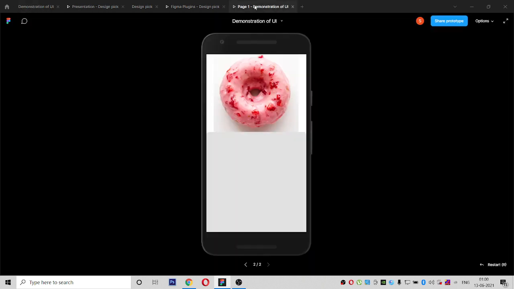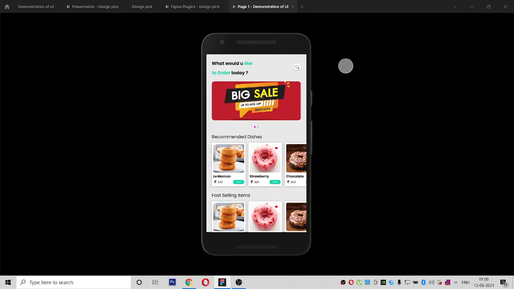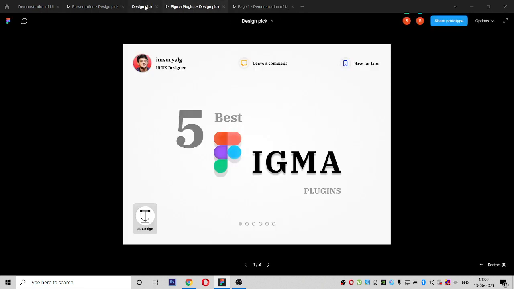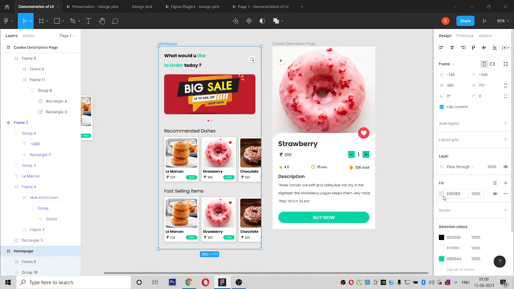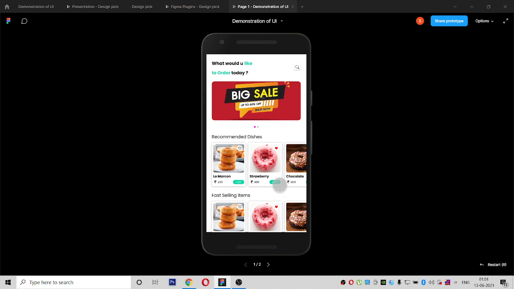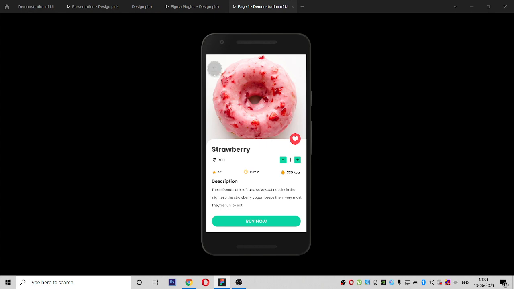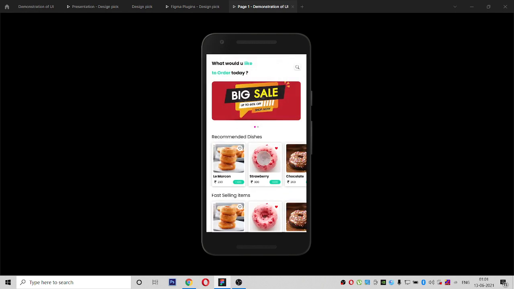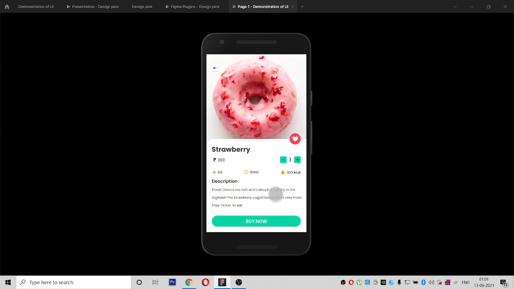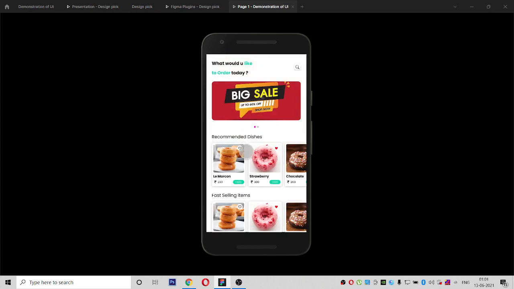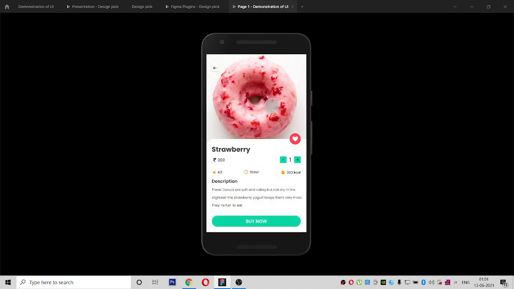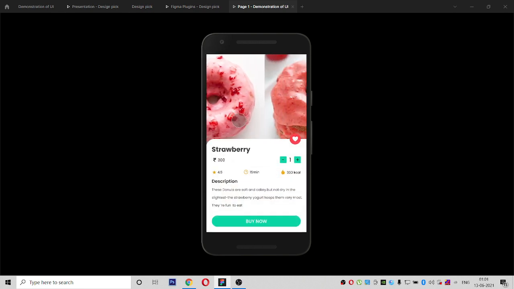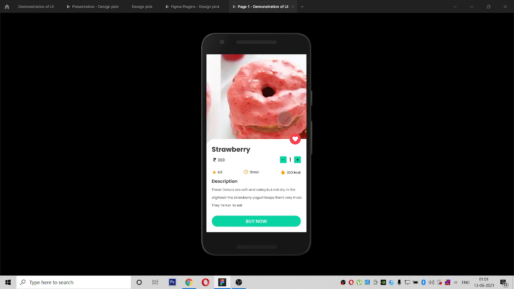If you go to the demonstration of the UI, from the first we will play. I think this gray we can change to white. So when you click on the strawberry, if you have seen the design animation, you would come to know how well it is interacting from the down and from the up, and you can change the size and drag to scroll the images.